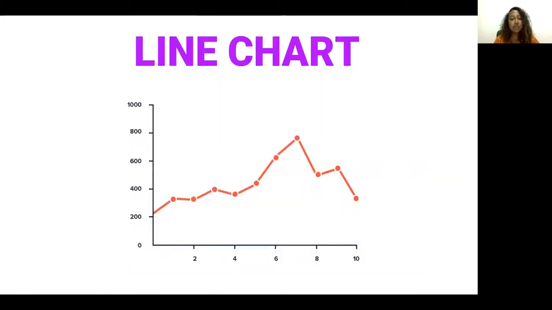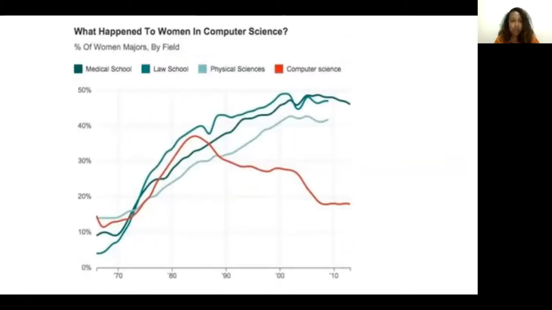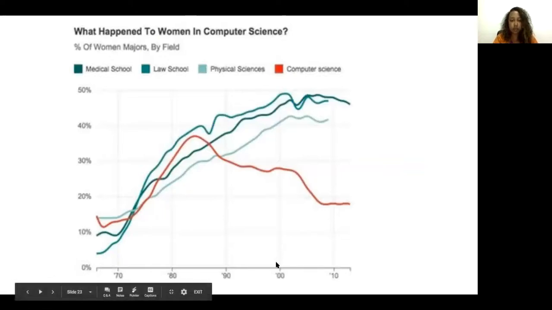The next example is a line chart, which is, as I mentioned before, relational because we have the X and the Y axis. And here we're using a line to connect the points, unlike a scatter plot where there's just points all over the place. And here's an example that I really like. And it says, what happened to women in computer science? And if you see at the bottom,